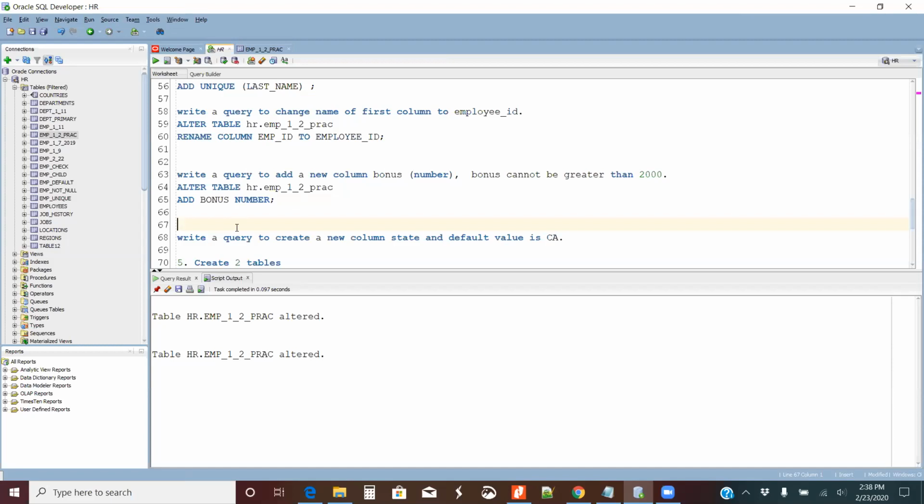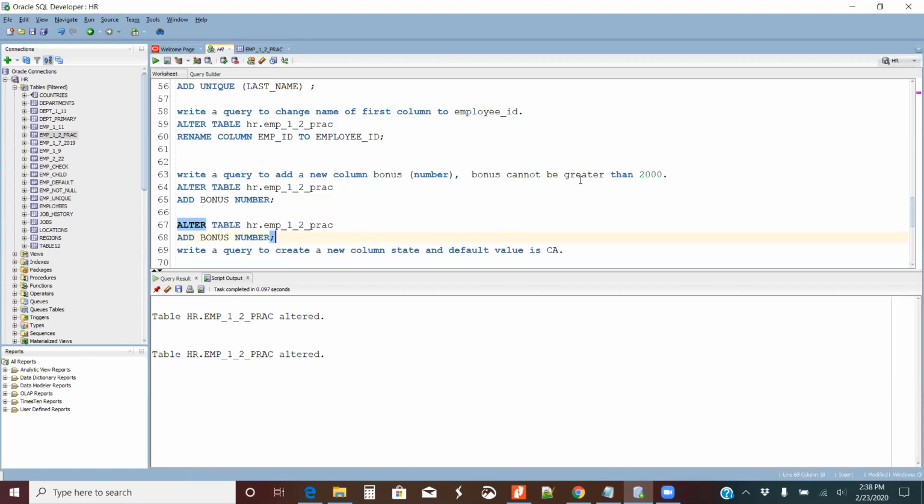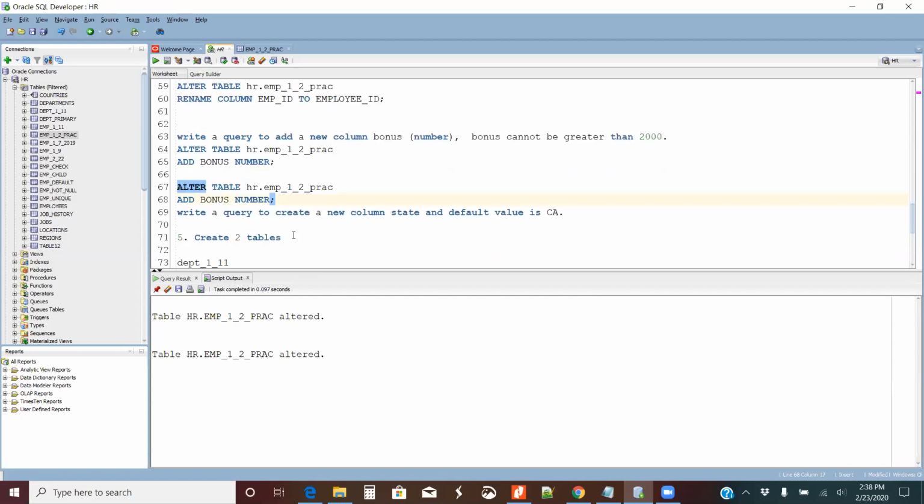I also want you to add a constraint. I'm saying bonus cannot be greater than 2000. What kind of constraint do I have to add here? Check constraint. So can you add a check constraint? Once again, you want to change the structure of the table, so you use the alter statement. Alter table name, add,